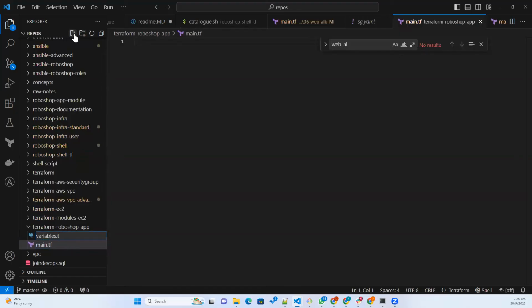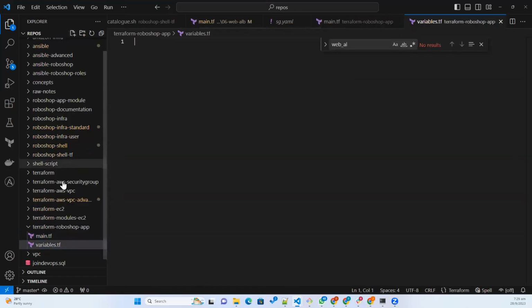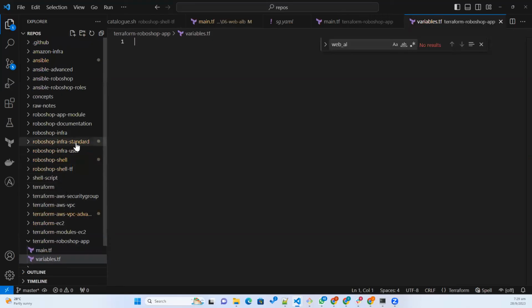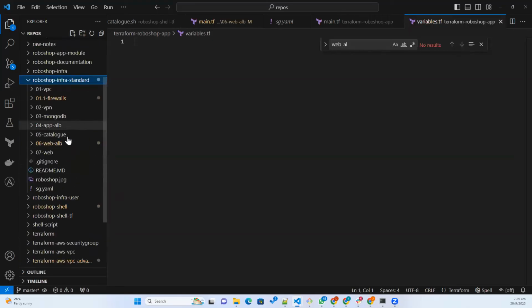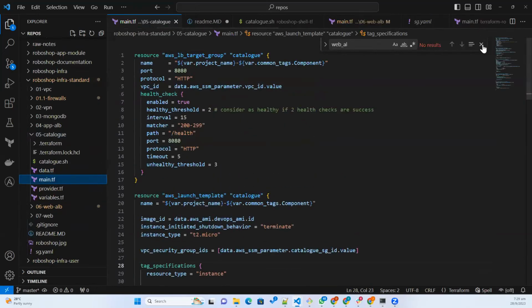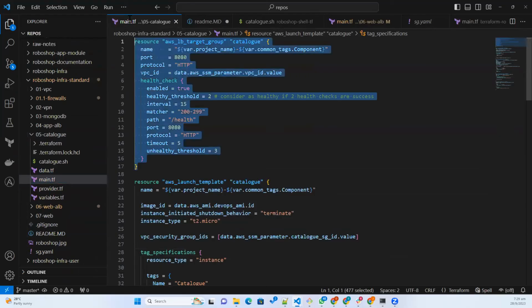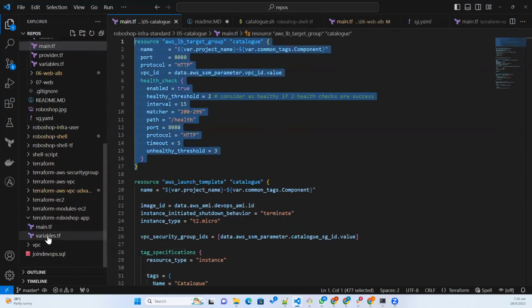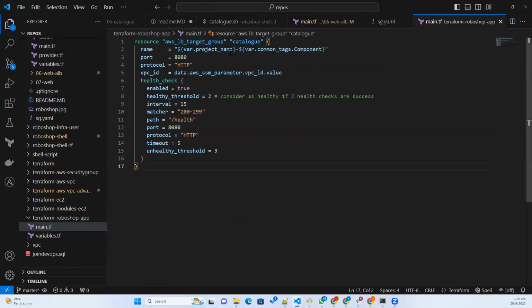variables.tf. Okay. And then from here I will call this. You know this code already. We did it multiple times. I'm going to keep it inside the module. Okay. This is the module. I'm calling it as main